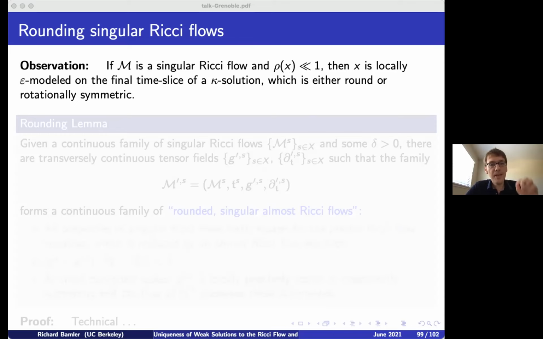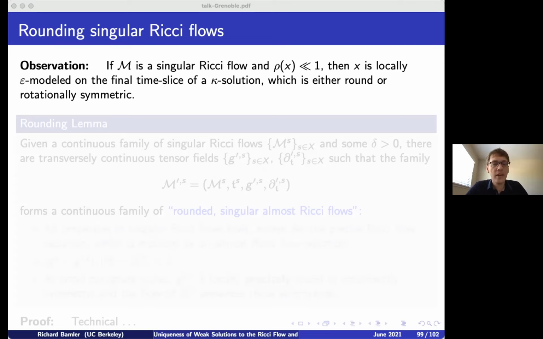Okay? So this means that singular Ricci flows in high curvature regions are almost rotationally symmetric or almost round. Okay? And we're going to take advantage of this roundness or this rotational symmetry. And it's going to turn out to be just much easier to work with precisely round or precisely rotationally symmetric